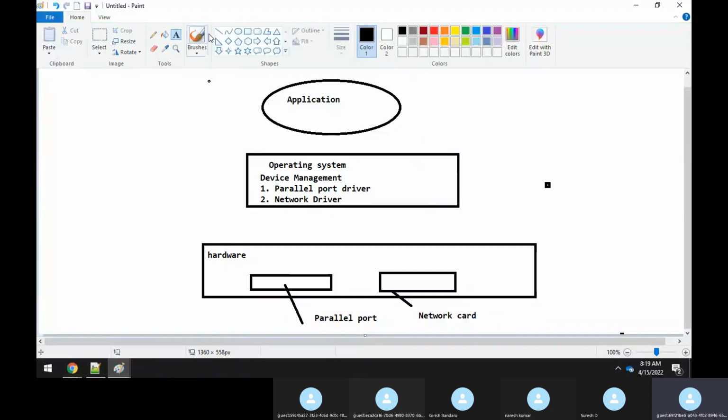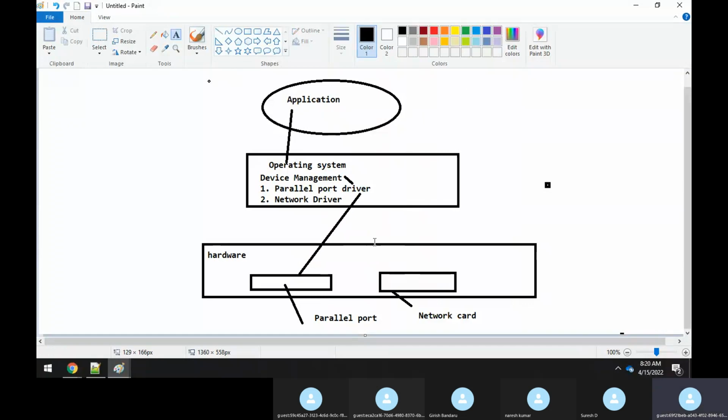This application communicates with the operating system saying, hey, I want to communicate with the parallel port driver. Now the operating system will try to communicate with the device management. Within device management, there is a parallel port driver. It will try to call this parallel port driver, which will finally communicate with the parallel port device.